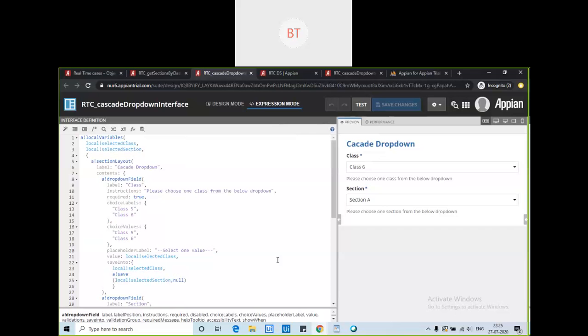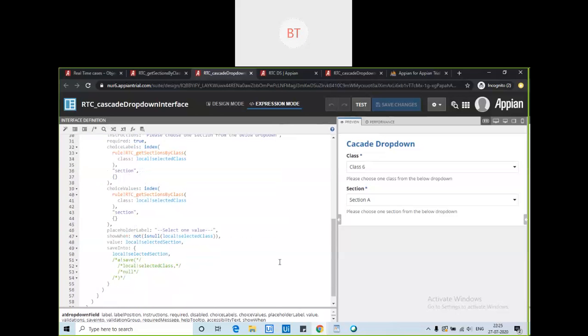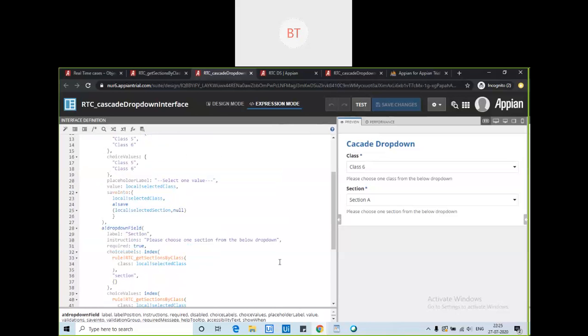I will show you the video, you have to see it and understand it. In this half an hour or 45-minute video, everything is there: how to create CDT, how to create constant, how to create interface, how to create this cascade interface, expression rule, how to fetch from database. So you should be able to do the minimum basic things after seeing the video.